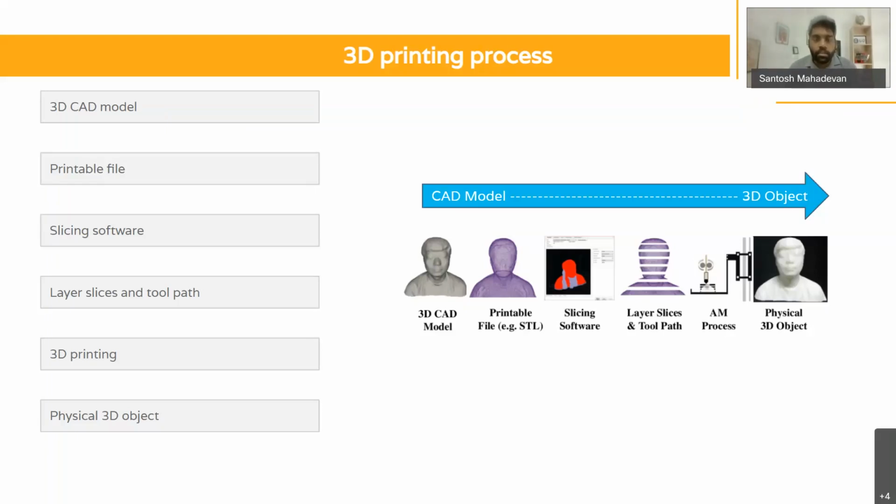All right. So the next step with the 3D CAD model is to put it in something known as a printable file. Okay. This is analogous to converting your document into a PDF. And the reason for doing it into a PDF is, firstly, you don't want anyone to edit your files. And secondly, you must notice that sometimes you created a certain degree of orientation, a certain degree of structuring your document and the line spacing and the different aspects on your document the way you want it to turn out